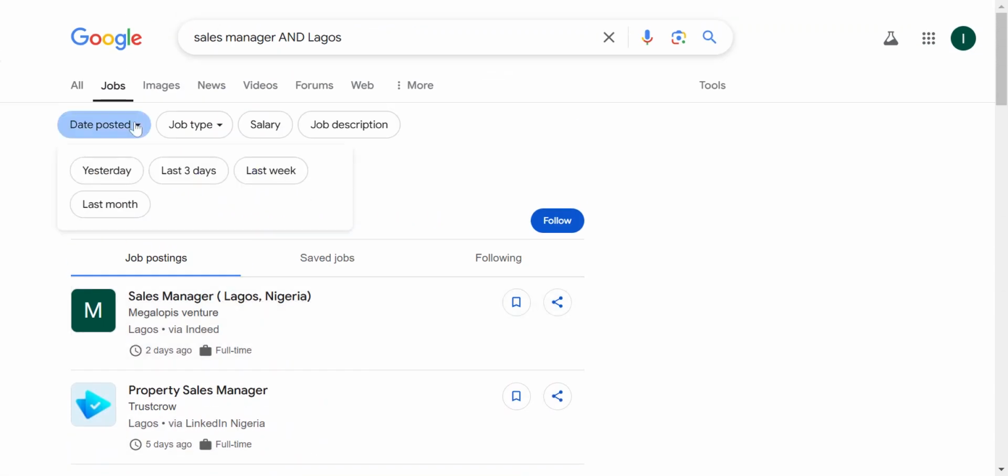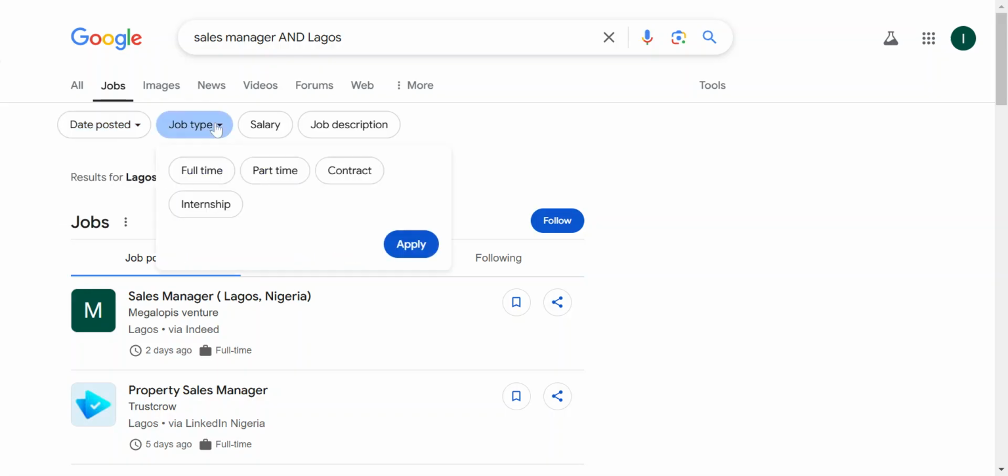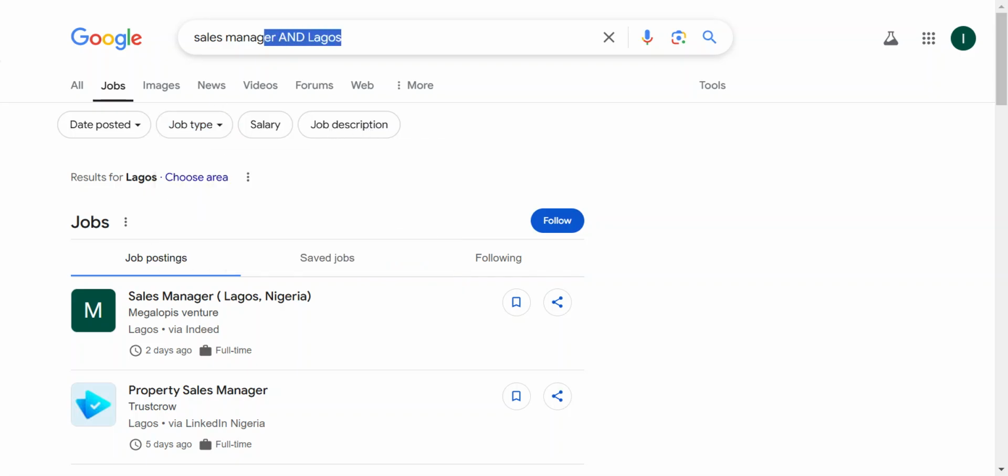What you can do is to know which was posted in the last 24 hours, or which one was posted yesterday, last week, or last month. You can customize that using this filter here, and then you can also see the type of job, whether it is full-time, part-time, contract, or internship. You can also just tweak these filters to bring out everything that you want. So that was what I mentioned I was going to show us towards the end of the video, and I hope